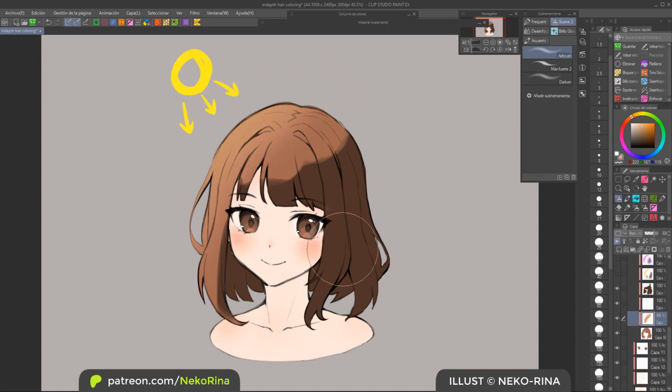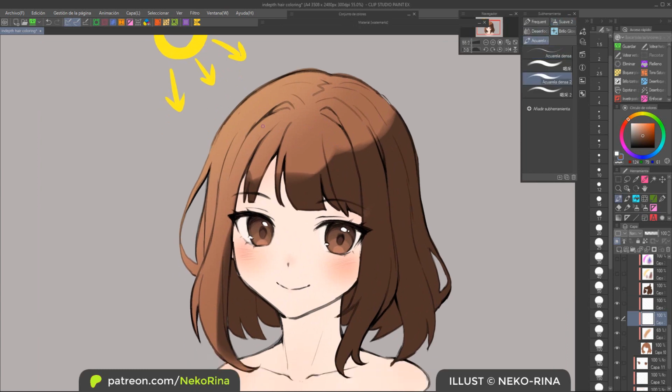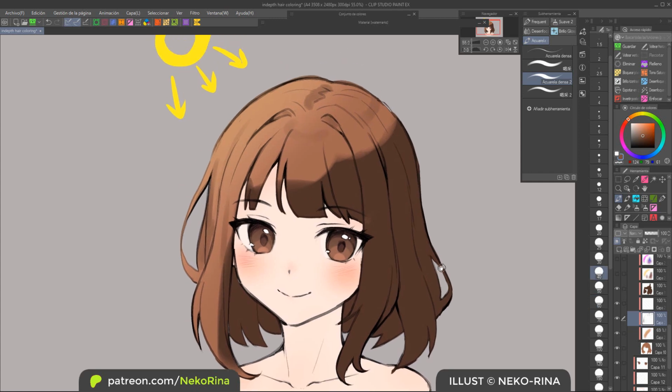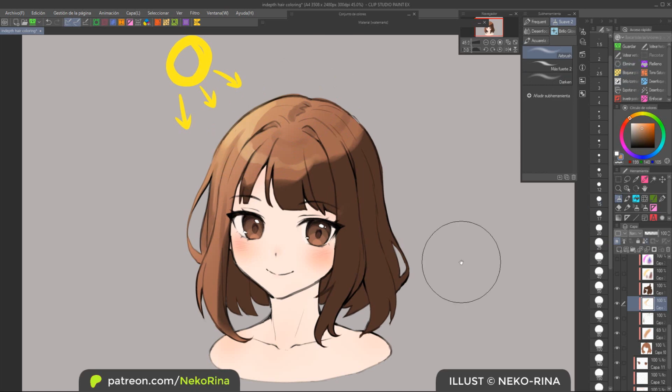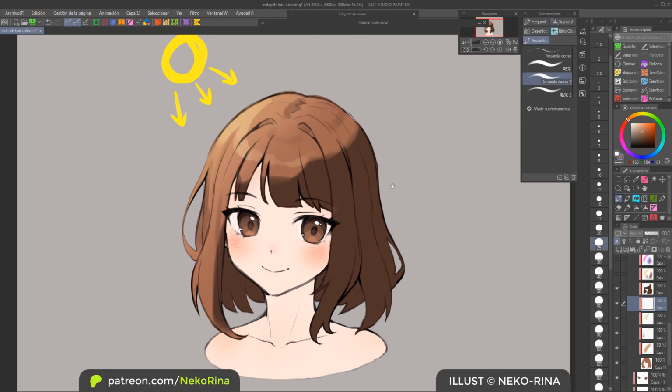I like adding halftones or midtones or whatever you call them on both the light and shadows at this stage. On the light parts, for example, we can add a soft gradient to make it transition smoothly towards the shadowed parts. Or if your lighter part is already pretty similar to the shadow, you can add more light on the other side, in case that's what you need to portray the ambience you have in mind.